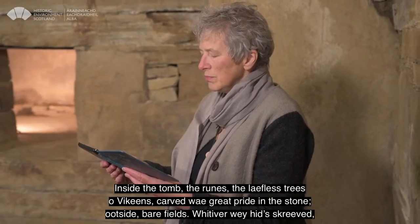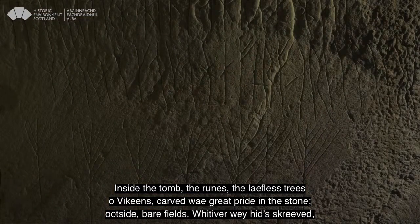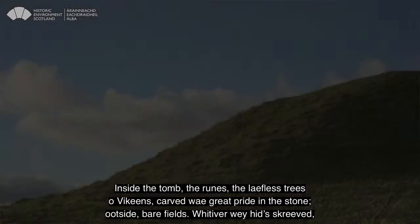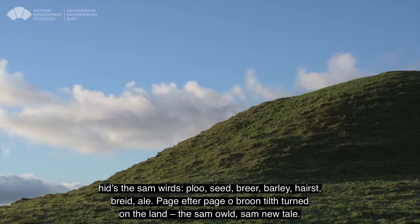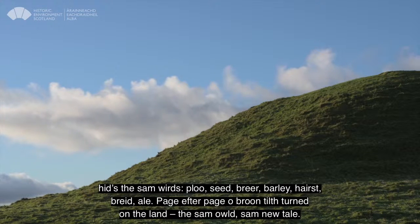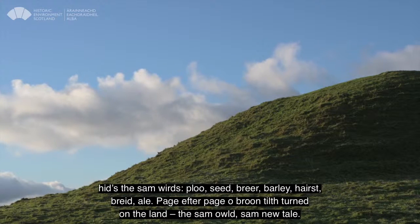Inside the tomb, the runes, the leafless trees of Vikings carved with great pride in the stone. Outside, bare fields. Whatever we had screeved, it's the same words, plew, seed, breer, barley, herst, breed, ale, page after page of brune tilth turned on the land, the same old